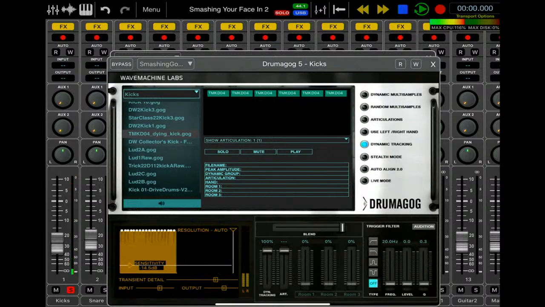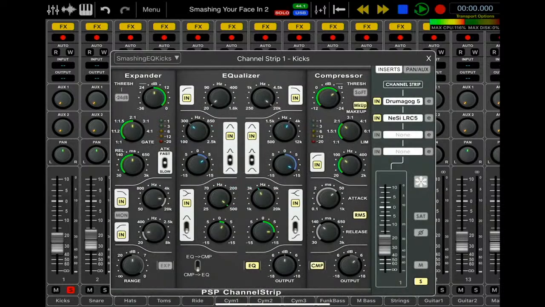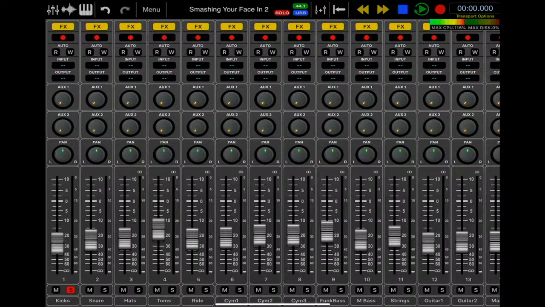And you can do that with all of your instruments, all of your drum pieces. So you can do it with your chinas, your rides, everything, and you can import your own GOG samples, and you can make GOG samples if you've got a laptop. You can actually take any drum sound, if you have Drumagog on PC, and you can convert any WAV file into a GOG file and import them over into Audio Pro for your library to enhance crappy drum sounds that you